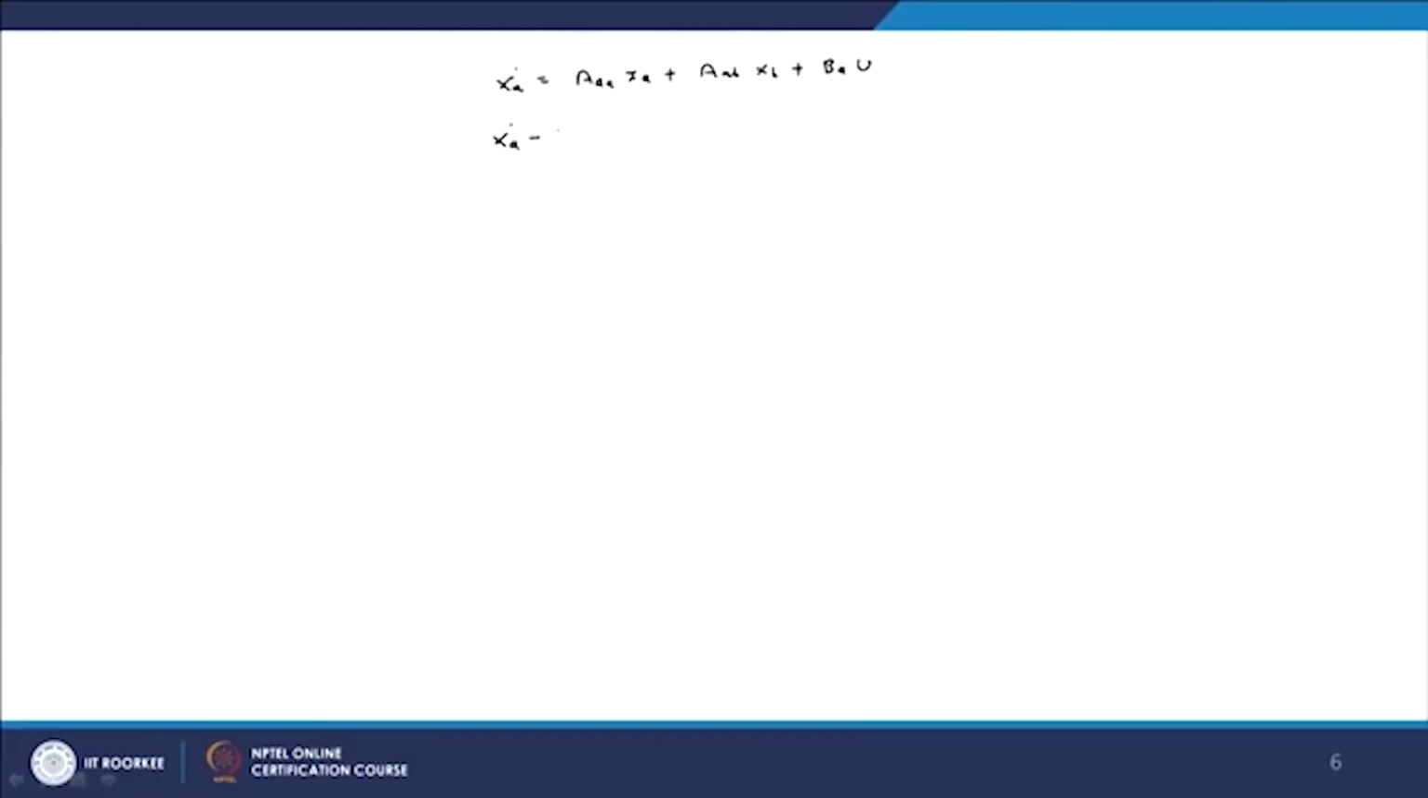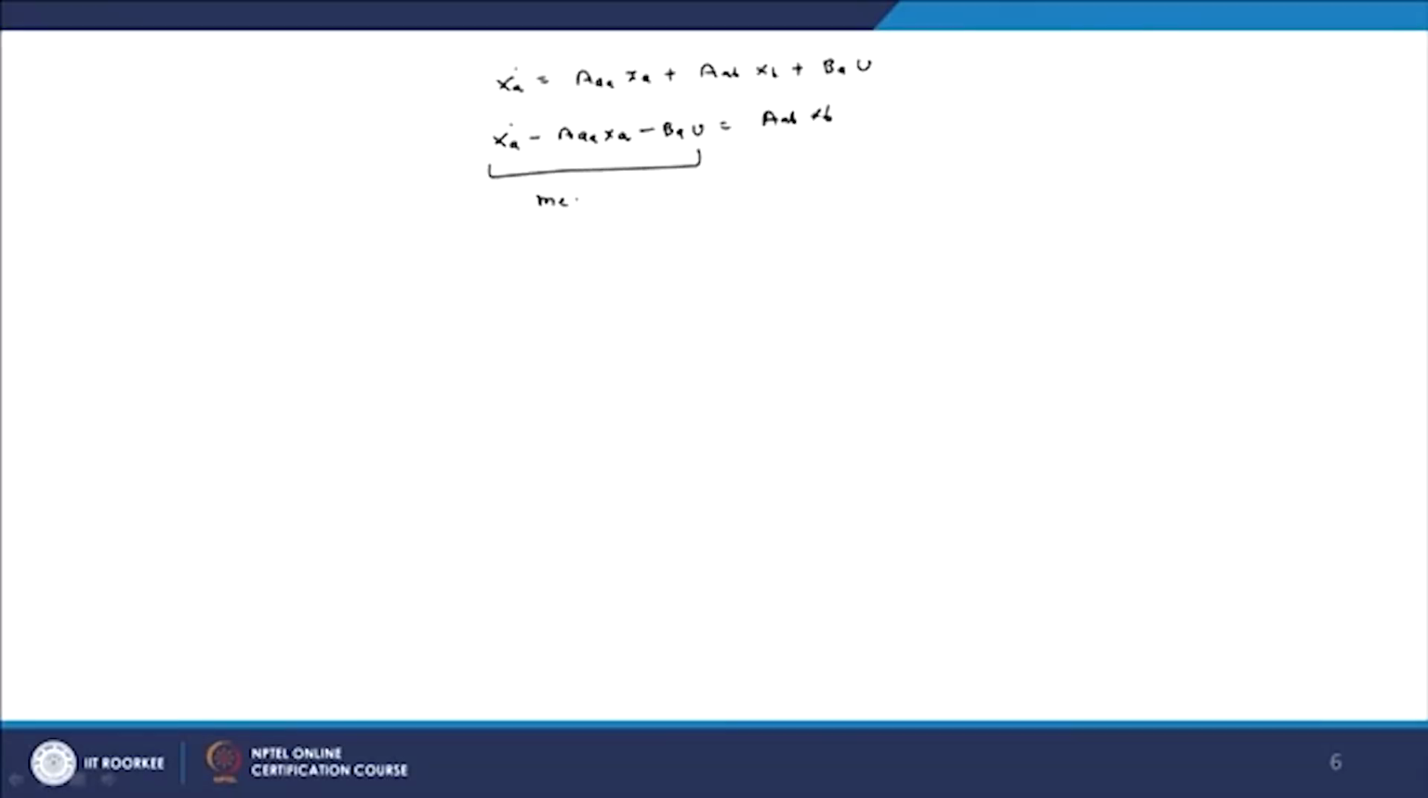So, after looking at these equations, we observe that here this XA dot minus AA into XA minus BA into U equals AB into XB. So, what we have seen is that in this particular equation XA dot, AA into XA and BA into U are the known quantities. That means, in the given state space equations we have taken one particular state which we know, and from that state we have observed that these particular portions